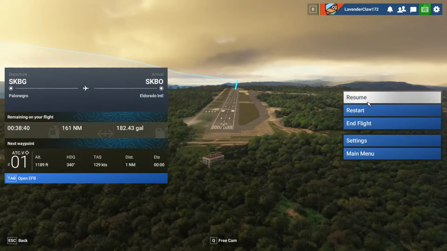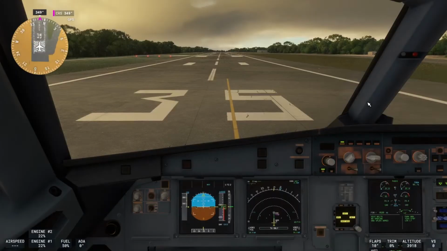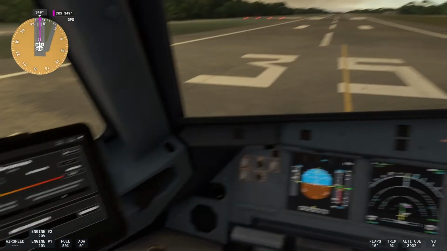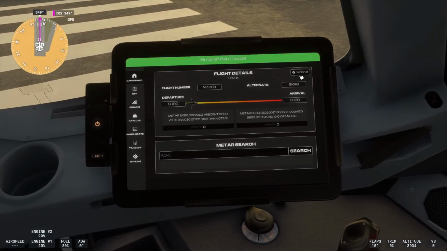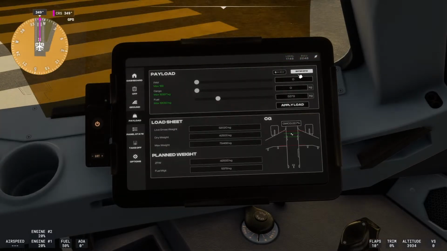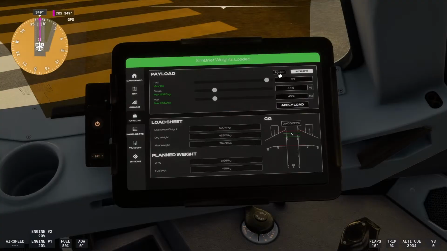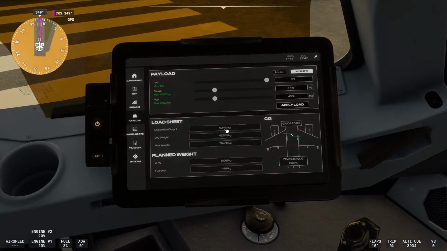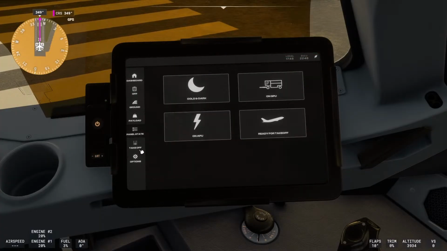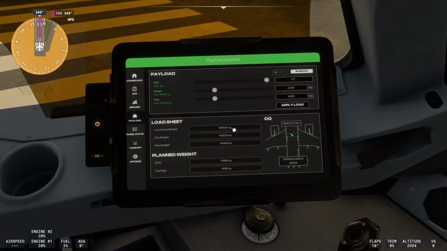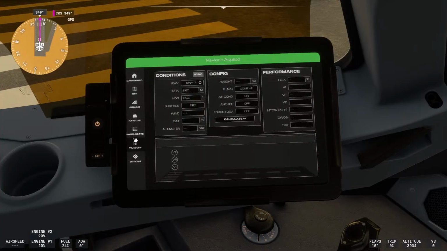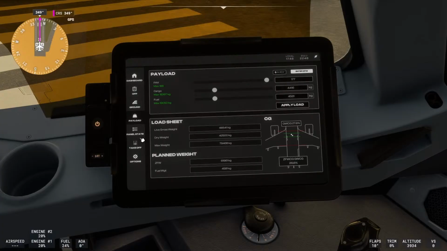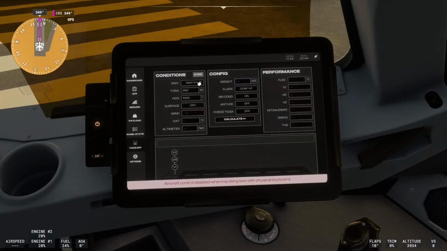And okay, so resume. So the first thing that we have to do is go to the SimBrief and download the flight plan. Then we go to payload and we download the passenger weight and the fuel, and then we apply the load instantly, and we get a 62,400 or 66,500. 66,500. This is the way that we're going to be using to